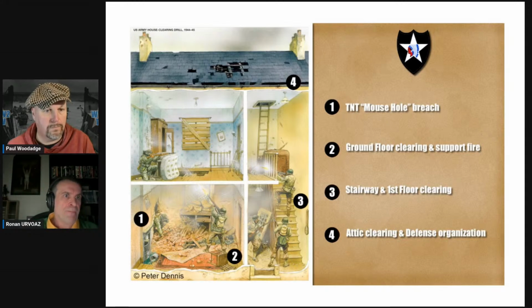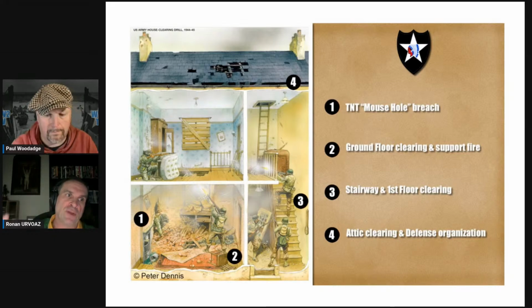You see, first you pierce the wall with a TNT charge. Usually, you have a crew of engineers that will preset the charge, and more often than not, they will pick the fireplace because it's the strongest part of the building. Because you have always the danger of underestimating the blast, and the thing might cave in on your troops. So to avoid that, they will place it in the fireplace, fall back a house or two away, blast it, and the assault squad